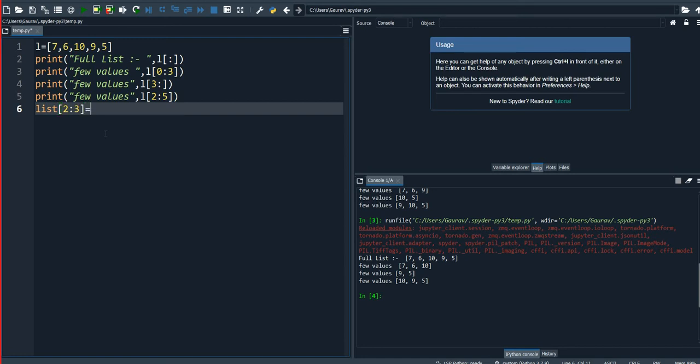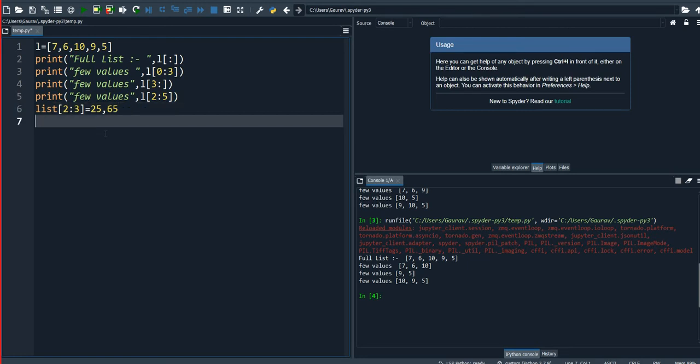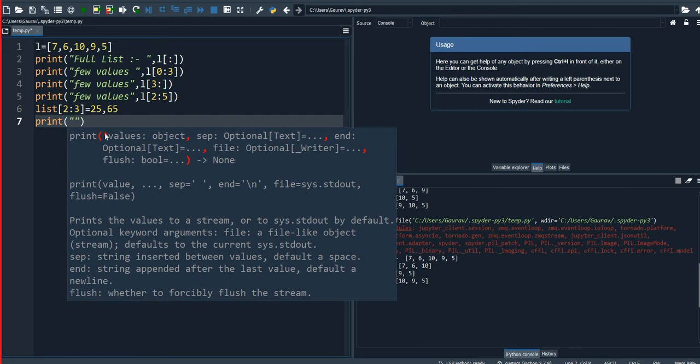Okay, and is equal to 25, 65. Okay, so when you print now, value after change, change list.